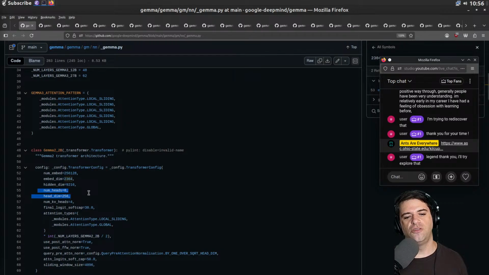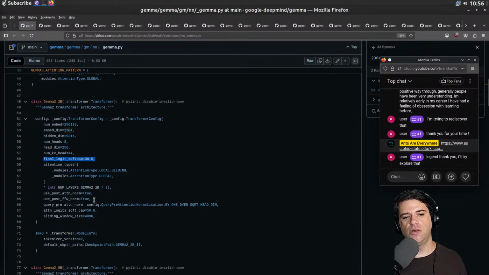Well, 200. There are no units. It's just a dimension. And the number of KV heads, that's like the key value heads, I guess, is 4. The final logit soft cap is 30. I don't really know how to think of that. But then we have the attention types, global and local sliding,